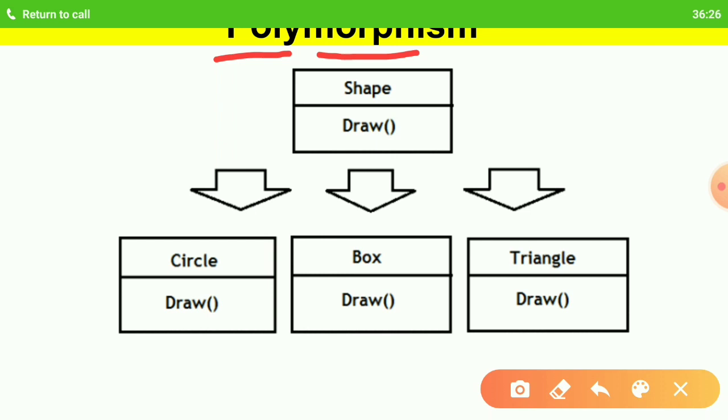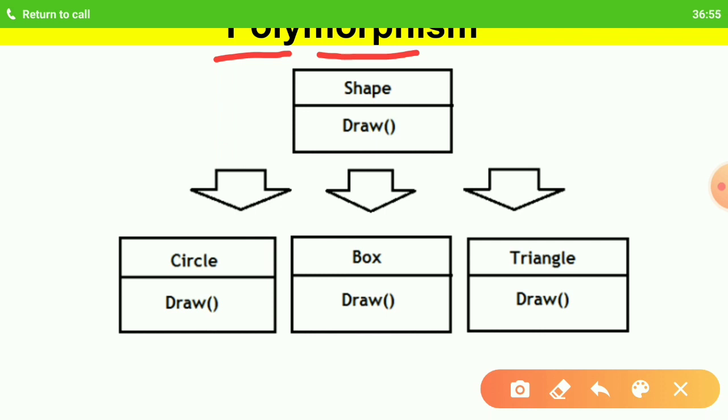This is known as polymorphism. This feature is displayed by all objects, and it's a very important feature of object oriented programming. It is related to our previous topic, inheritance. In fact, inheritance allows you to use polymorphism.